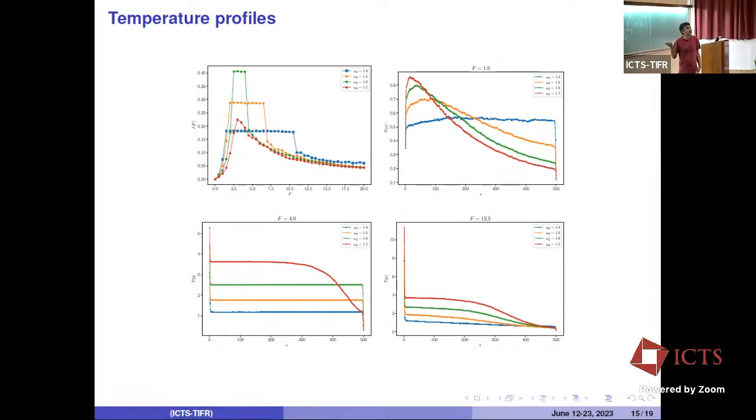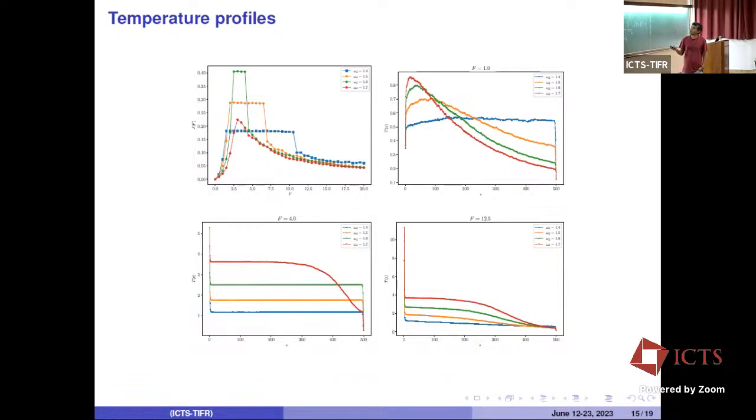You shouldn't really call it temperature, because there are no fluctuations. It's just the mean value of the amplitude squared. Then if you go to somewhere here, you find this kind of profile. I already said that even though you are in the Fourier regime, you get these very strange profiles which are not consistent with the diffusion equation. So even at finite temperatures, you pretty much see what you saw at zero noise.